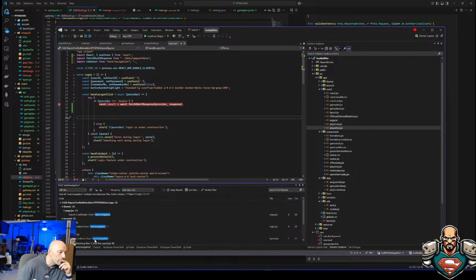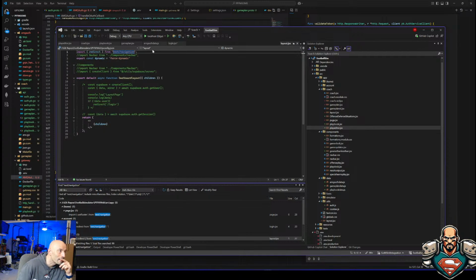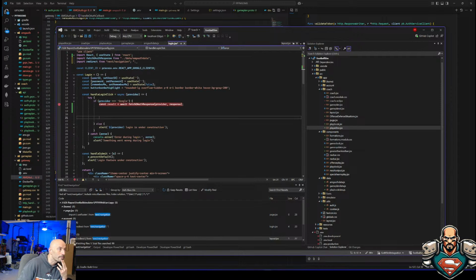This is layout.jsx, which is using redirect. Oh, it is redirect. I'm just calling it wrong. It's supposed to be in a bracket, like this. I don't know what the difference is between use router and redirect, but...